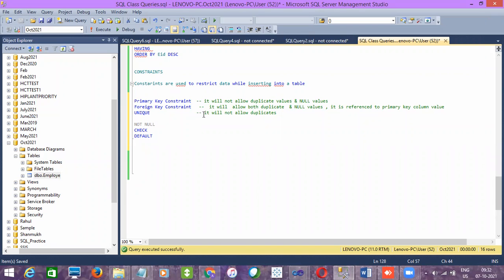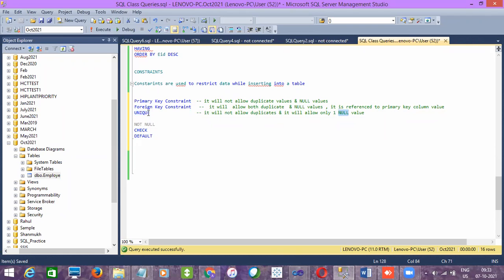That is duplicate. If 1111 is there twice, that is a duplicate record. It will not allow duplicates, and it will allow only one null value.